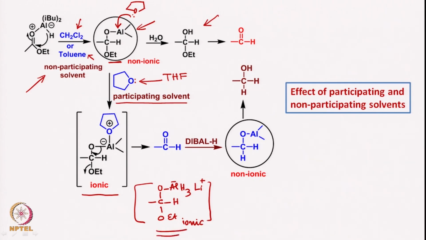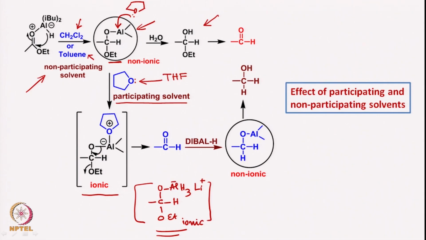So basically what we are trying to do in the reaction of diisobutyl aluminum hydride is to generate a similar type of intermediate, such as this ionic intermediate formed from lithium aluminum hydride, and therefore such an ionic intermediate where there is a tetravalent aluminum is not stable and decomposes while there is